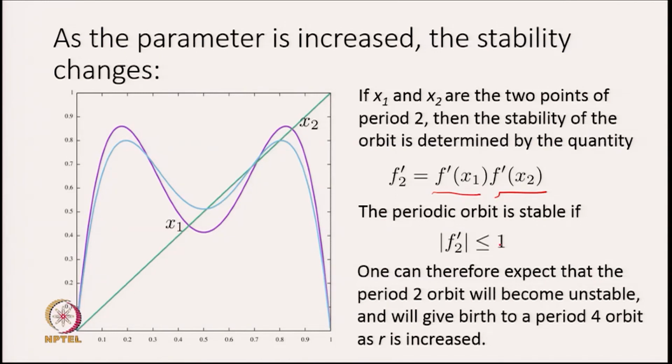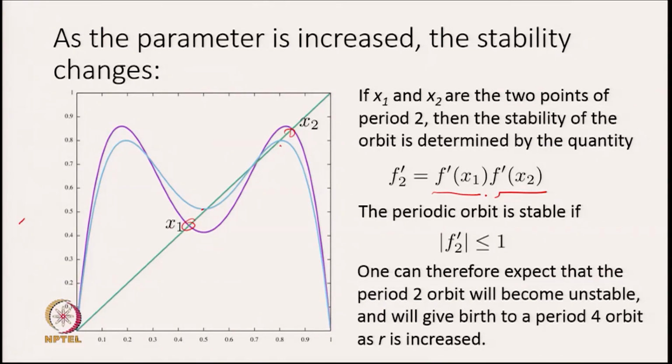These 2 points of intersection of the period 2 orbit, at one value of r, migrate as you keep changing r. As you can see, the slopes keep changing. They are born with both slopes 1 in modulus, and then they slowly keep changing, and the product